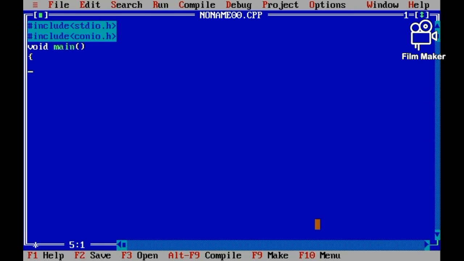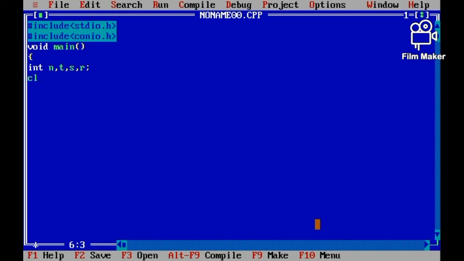Here I will declare the variables: int, meaning integer, n, t, s, r. N for number, t for a temporary variable, s for sum, r for remainder.